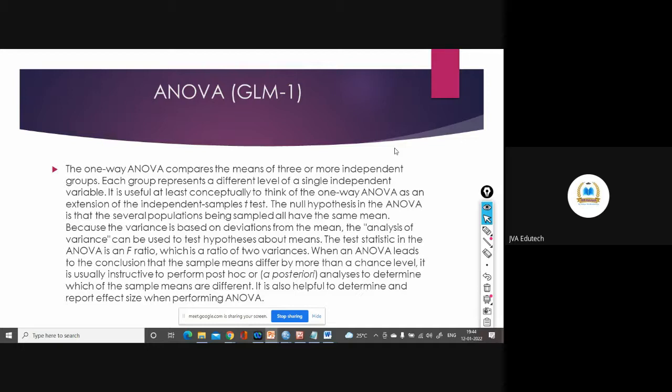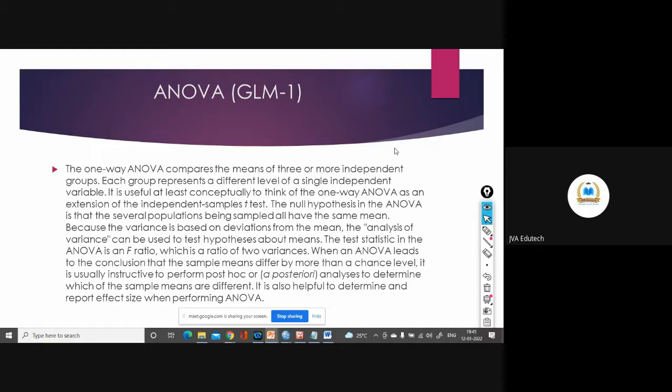The null hypothesis in ANOVA is that the several populations which you have sampled have the same mean, meaning there exists no significant difference between the means of the populations. It's the same as the independent t-test, but rather than writing mu1 and mu2 only, let's say you have four groups, so mu1 is equal to mu2 is equal to mu3 is equal to mu4, meaning there is no significant difference between the means of these four groups.